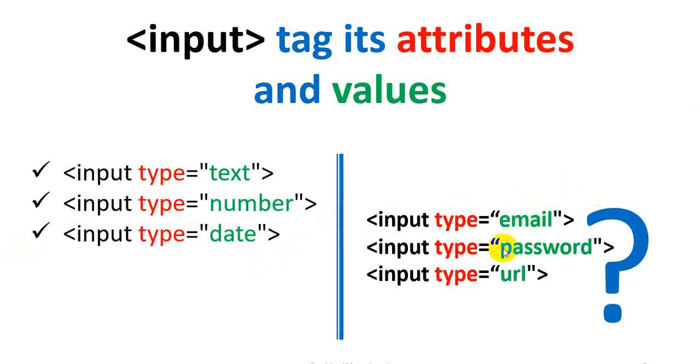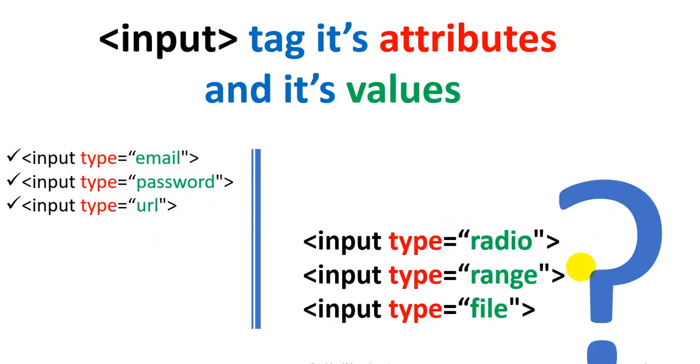After that we saw input type equal to password, meaning hidden or encrypted data. Then we saw URL, that is Uniform Resource Locator, meaning inside that type we can insert any URL address. After that we saw input type equal to radio. What is input type equal to radio? That is an option button. With radio buttons we can take any number of radio buttons and make a single selection, meaning from A, B, C, D we can choose a single option.